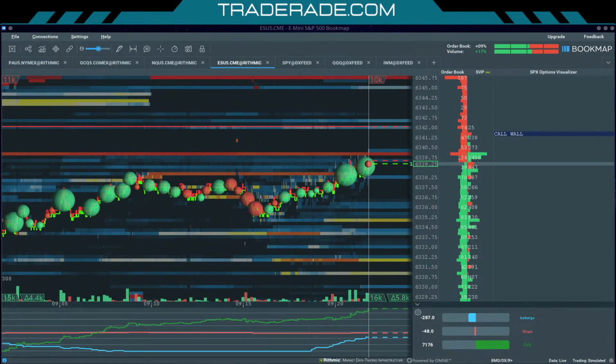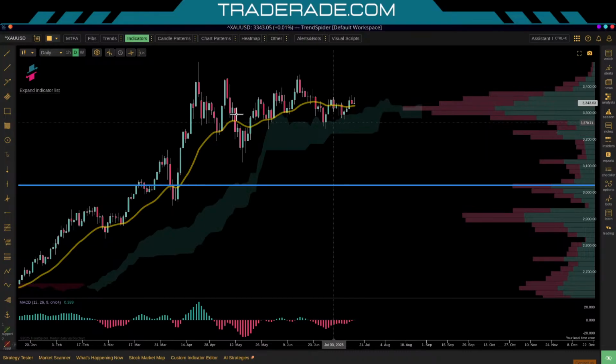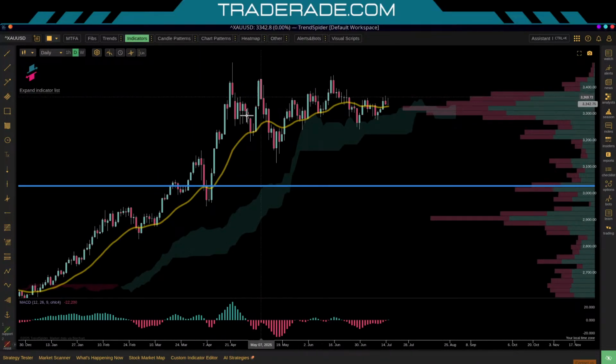Let's also just take a quick look at gold over a longer term chart. Here's a daily chart for gold. And it's kind of got a bit of a similar look to the S&P as it's just consolidating around this high volume node where folks really like to transact in gold. There's been a lot of back and forth here, but